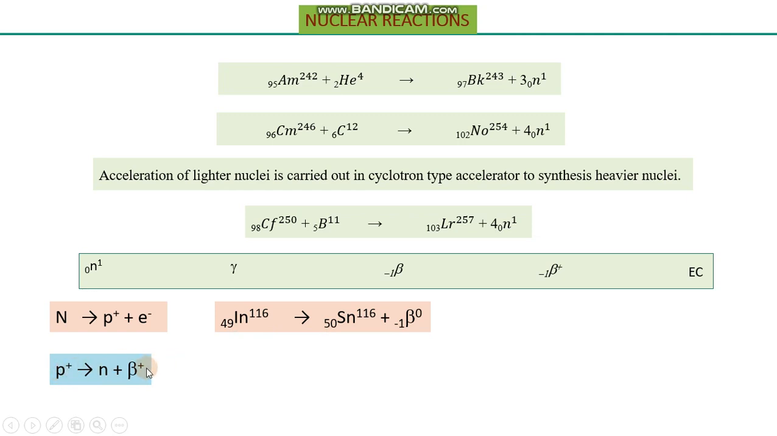So now in this case we have to consider the neutron to proton ratio. If the neutron to proton ratio is less than 1, it means the number of protons is more than the number of neutrons. So what will the nucleus do? Now the nucleus will convert its proton into a neutron and a positron. So the positron will move away from the nucleus and the neutron will reside there, and the ratio of neutron to proton